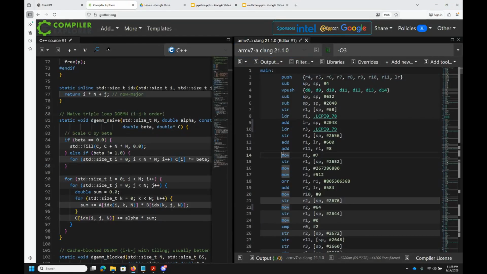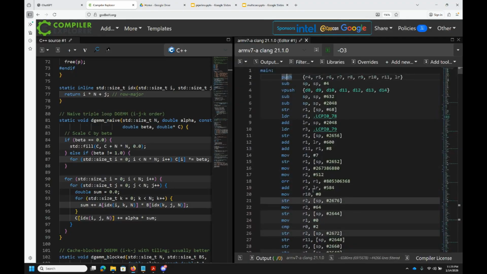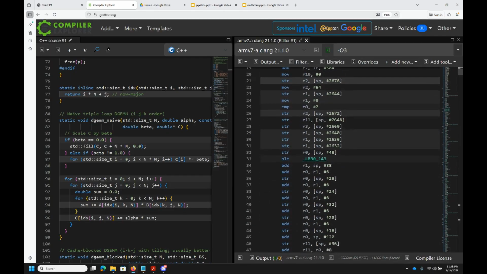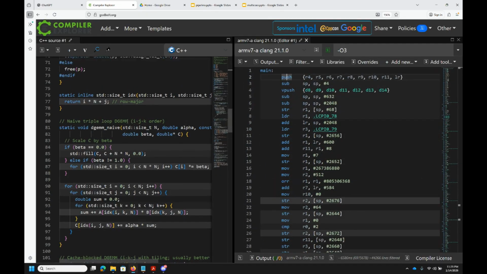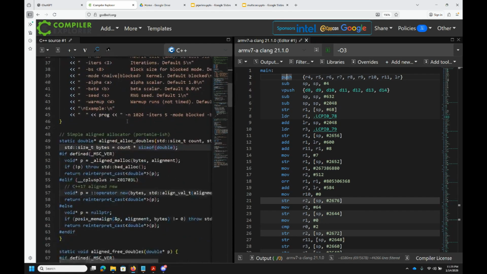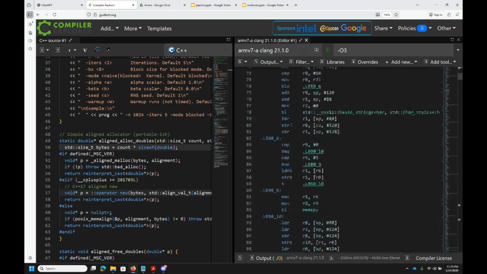Suddenly you can see that the assembly looks very different. There are much shorter instructions, and all of them have very regular formats. So we push, LDR, add, LDR, STR, ORR. All of this stuff wasn't there before, right? Basically, we have the same C++ program. We didn't change the program, but the assembly is totally different.